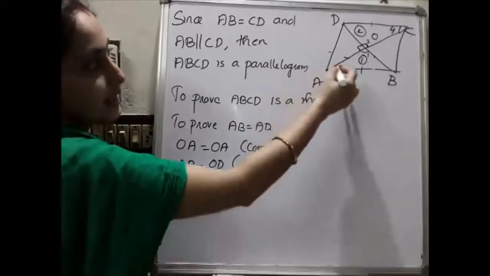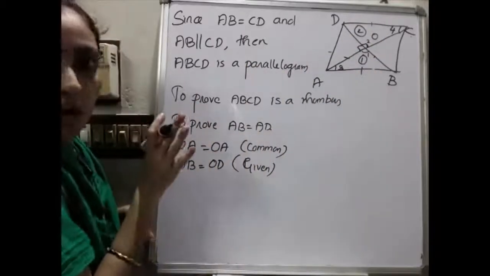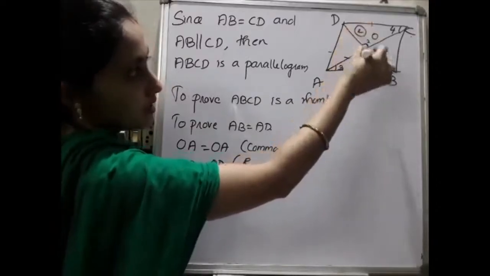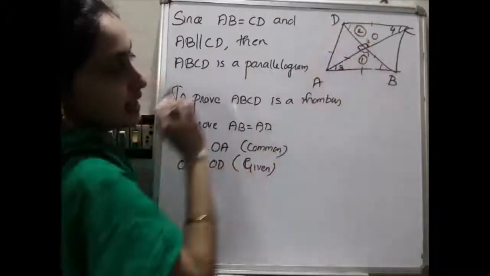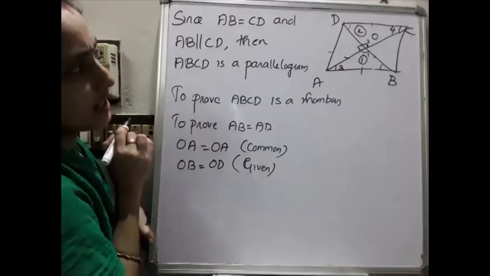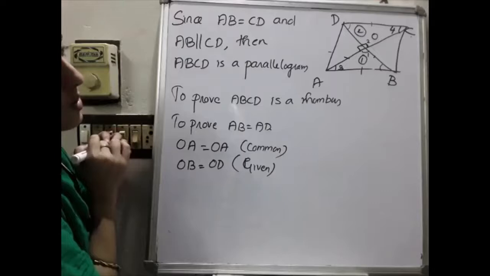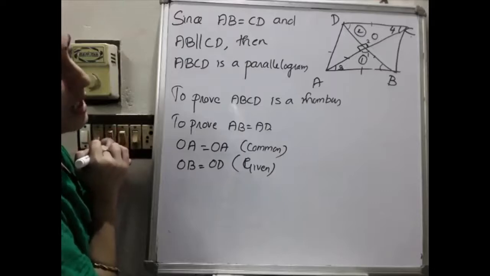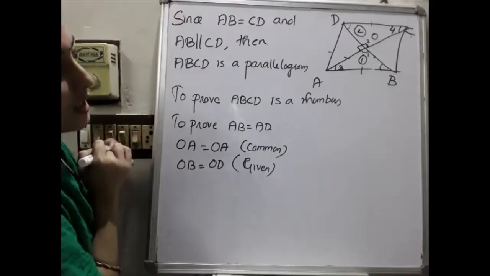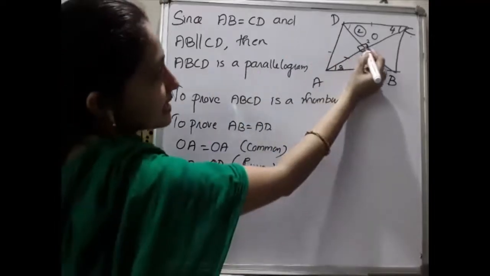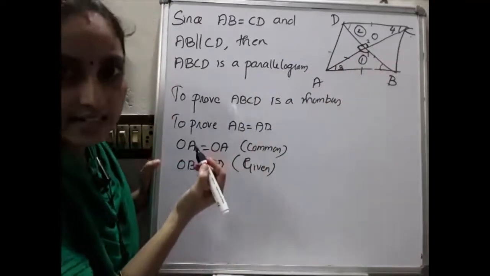And listen here, 3 and 4 are what? Alternate interior angles. Similarly, we can write this angle and this angle form. One easy method is there. So, common angle. Please listen here. This angle and this angle. Angles bisected at right angles is the question.